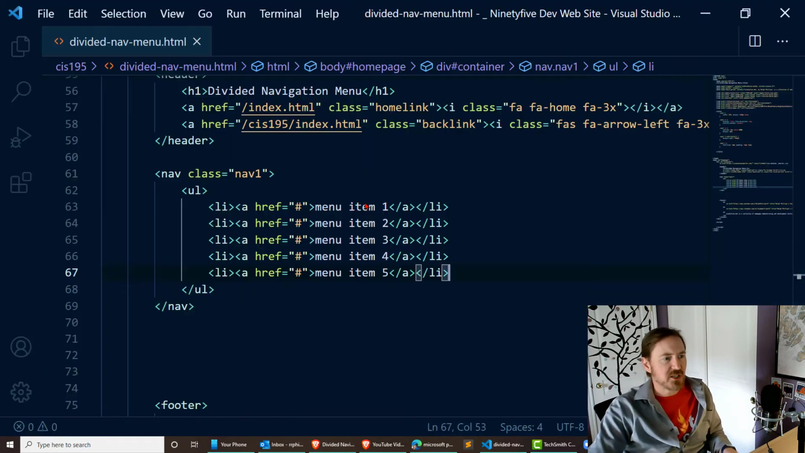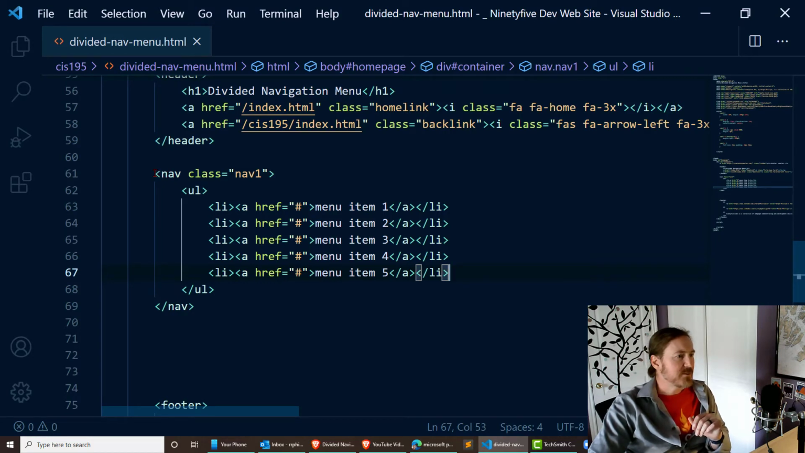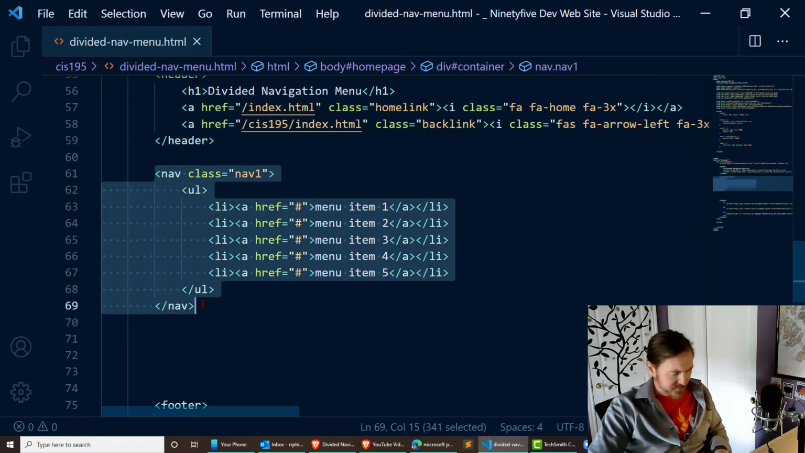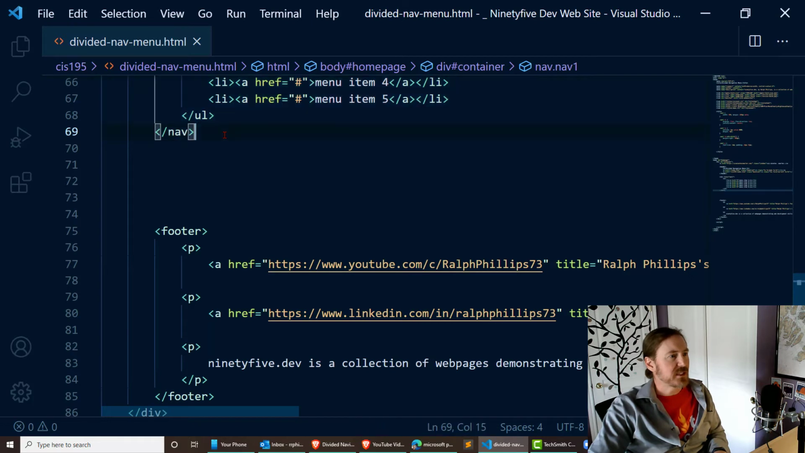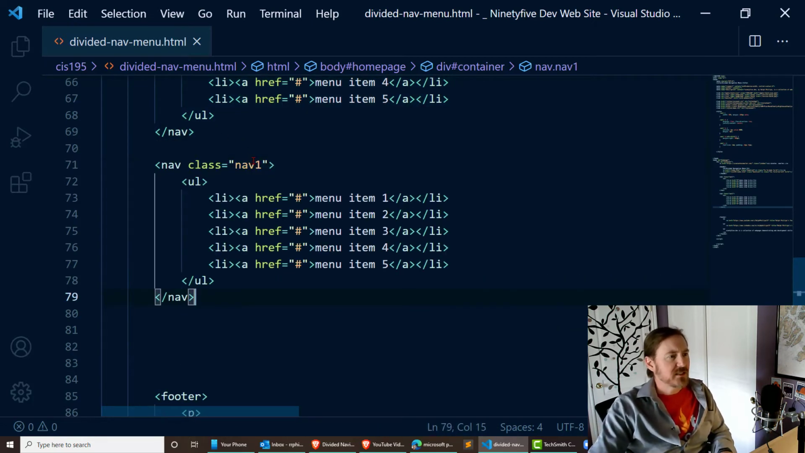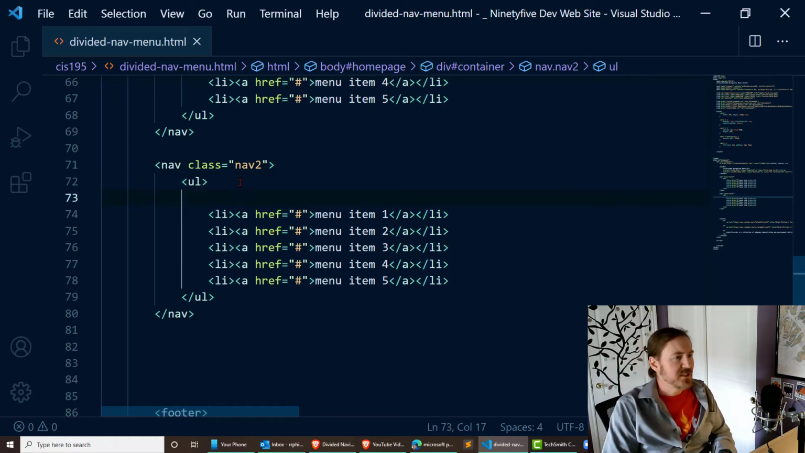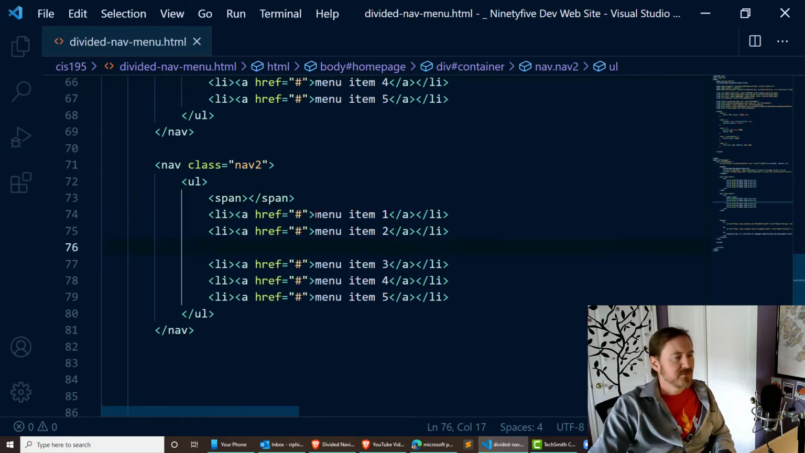So let's go ahead and give that a try. Now, for something like that, I'm going to take this first nav menu. I'm going to copy the whole thing, paste. I'm going to call it nav2. And to make things a little bit easier and a little bit more organized, I'm going to put a set of span tags right there, and I'm going to